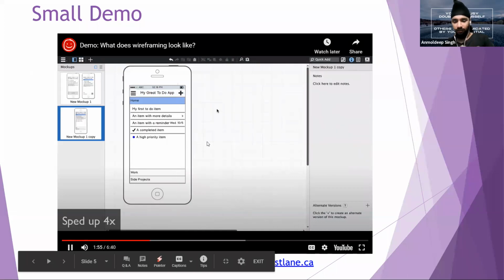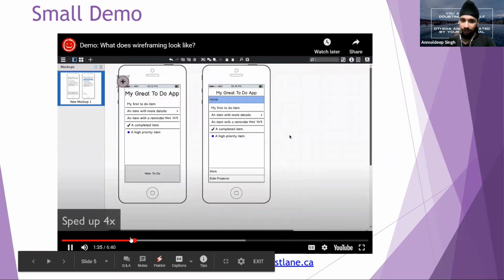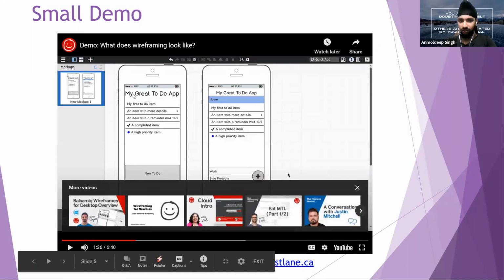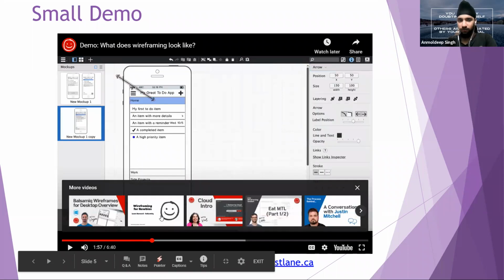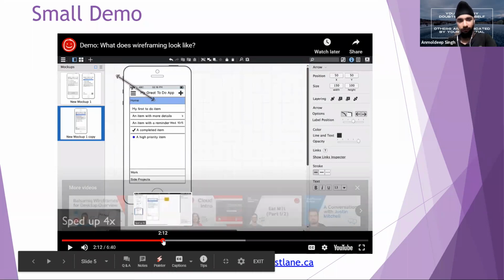So here we can see at this point it was something else. We created an app with such a big title, but we later realized that this title might disrupt the flow and there will be no space for other buttons. Just in a few seconds, we changed the layout and added a hamburger menu and a plus button for adding a note onto the app.